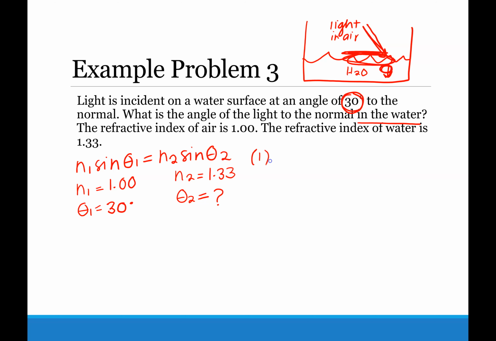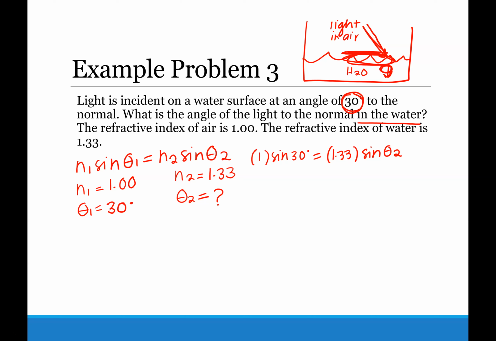So we have 1 times the sine of 30 degrees equals 1.33 times the sine of some unknown angle. At this point, you need to go into your calculator and you need to put the calculator in degree mode, not in radian mode. This problem will not work if you're in units of radians. You have to be in units of degrees in this problem. So now that you've got your calculator in degrees, which for me, you just click mode and then you go down to the third row and then you just hit degree and then you press clear and you go back